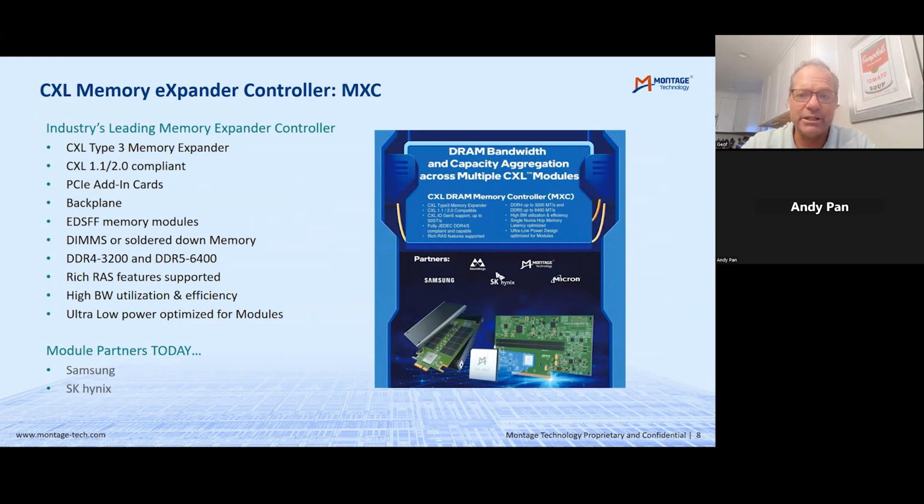Montage tries to make things easier for our customers. So as I mentioned earlier, we make a controller. We feel that we're the dominant player in that controller industry, but you can't do anything with a controller, right? It's like a paperweight. So we developed an add-in card that allows you to do your engineering work. We sell that today. We call it our EVB. So if you're interested, contact me or the Montage representatives, and we can get you some of those add-in cards